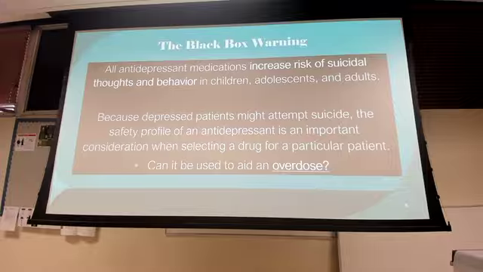This black box warning is rather contentious because the data is very gray, it's very nebulous, depends on who is conducting the research, what they were looking at. But it doesn't matter. The FDA came out and said, hey, this has to be on all your black boxes. So anytime that I'm talking with a patient and I'm initiating one of these meds, I don't care if it's the first time I've done it or the 100th time, I'm always going to tell them, hey, just so you are aware, anytime we initiate this med, there's increased risk for suicidal thoughts, suicidal activation, suicide attempts within the